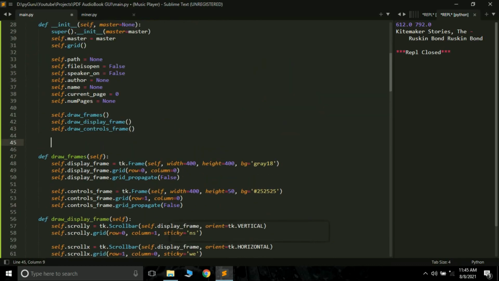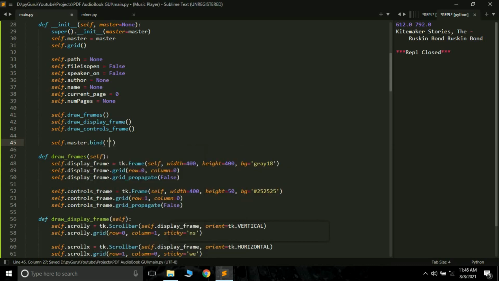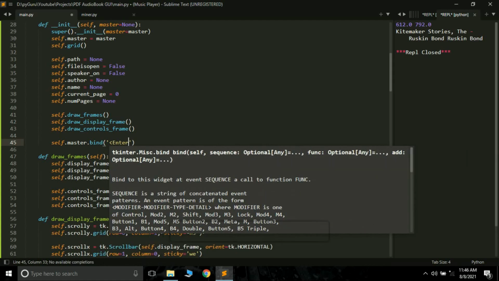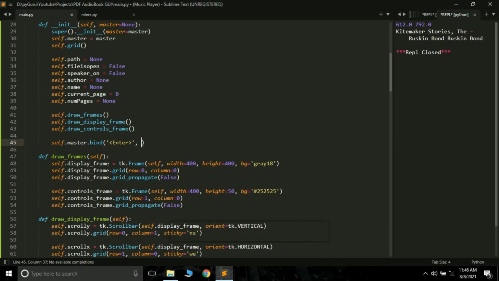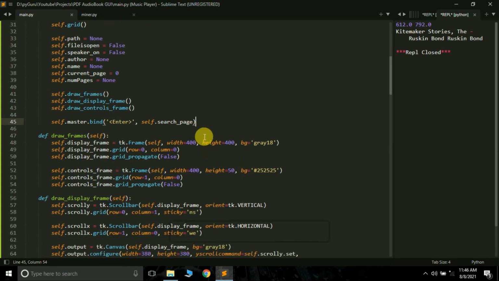You can do something like this: self.master.bind. Suppose someone presses the enter button, then what function do we have to call? We have to call self.search_page. It means that whenever someone presses the enter button, we call this method we just created.